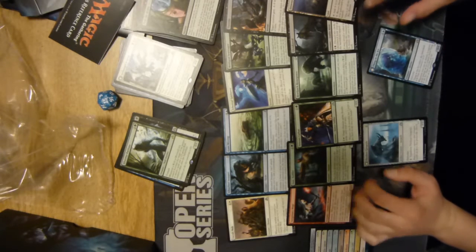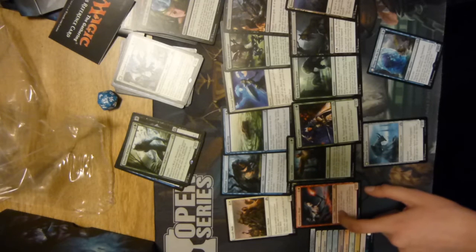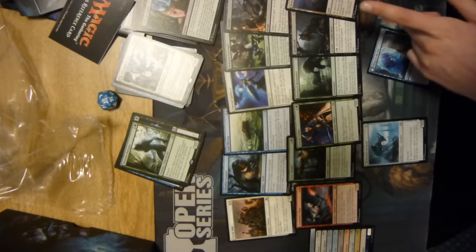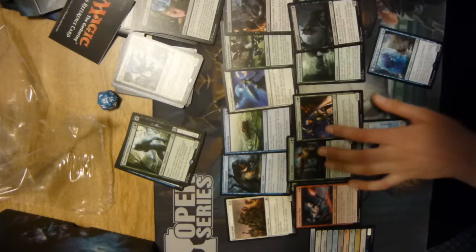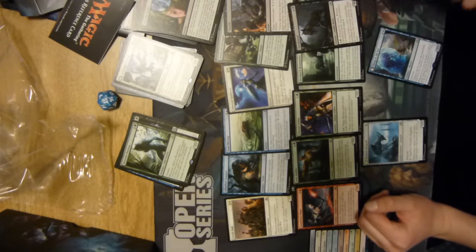So I think that the rest of this pack is actually decently underwhelming. I don't think there's a lot of really super amazing things. The Mage is actually really solid in those blue-red builds. What else is pretty solid here? I feel like the rest of this pack just doesn't seem to be a super great pack. There doesn't seem to be really anything in it, but I think the pick is Thing in the Ice, but